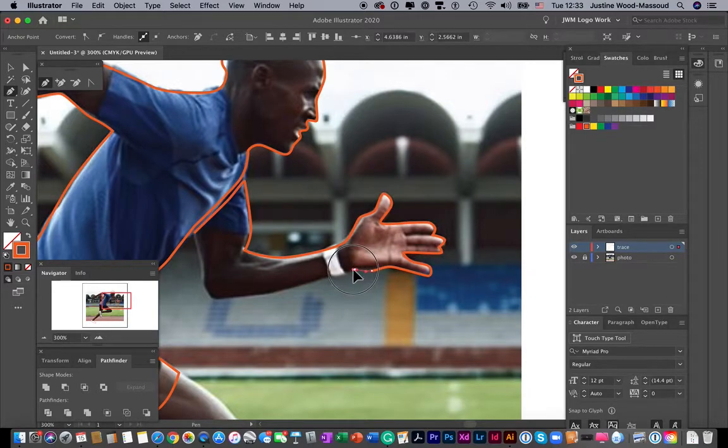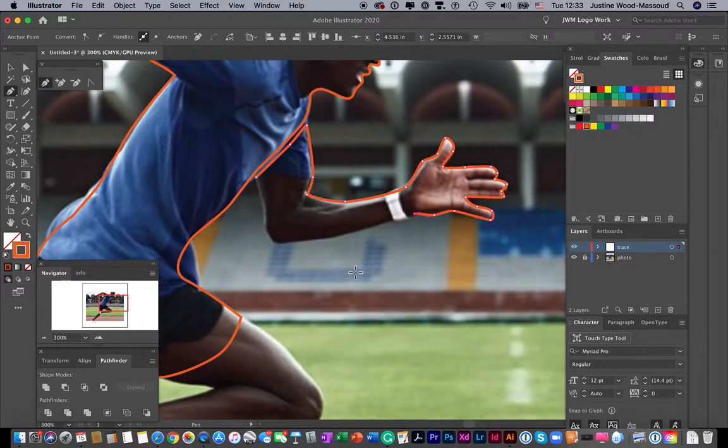And you notice I get a few more details on the hands. This is probably going to have to be simplified and smoothed out and everything else. I can already see it's kind of funky looking. But again, this is a starting point. Please don't worry about getting this perfect right off the bat. You're going to get frustrated with yourself and you're not going to want to continue. It's important to just get a rough outline right now, and then you will smooth it out